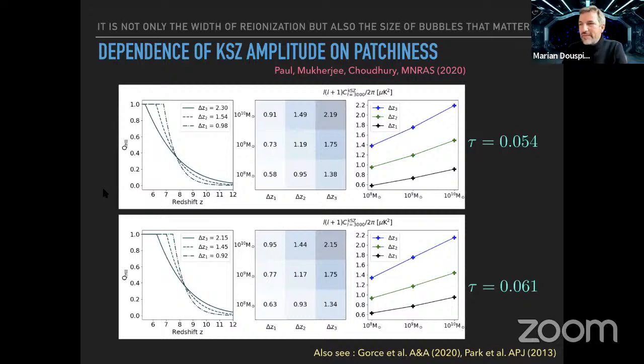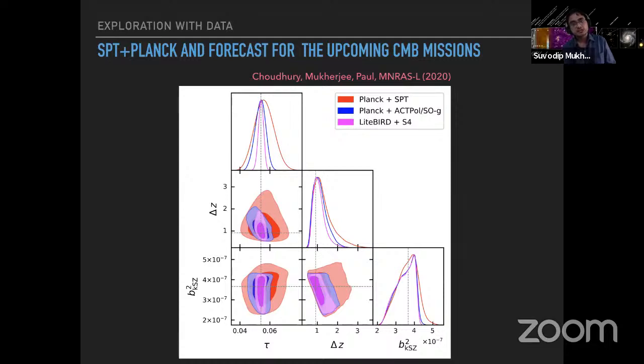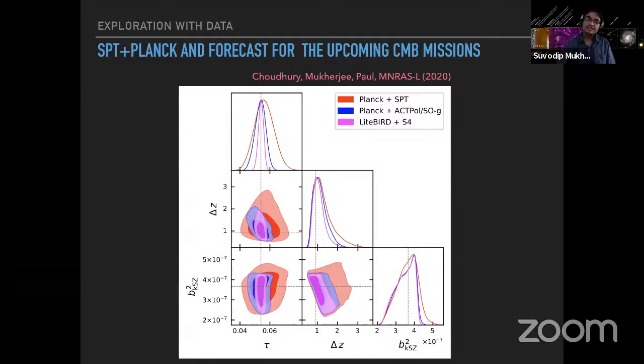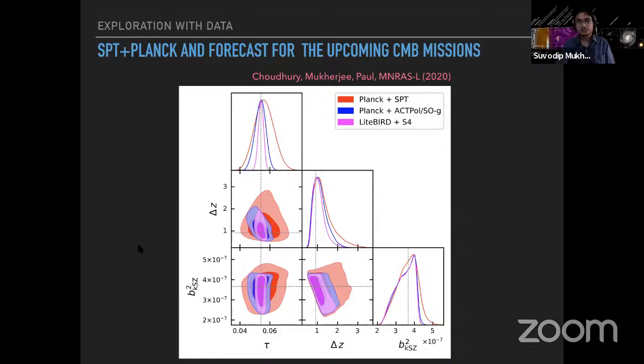Let's say that we have one final question. When you did your forecast for S4, did you assume any delensing? Yes, absolutely. We have assumed about 70% delensing, if I remember correctly. If we go to more delensing, the impact will be even stronger. We can go up to 85% delensing, and in that scenario the impact will be even larger.